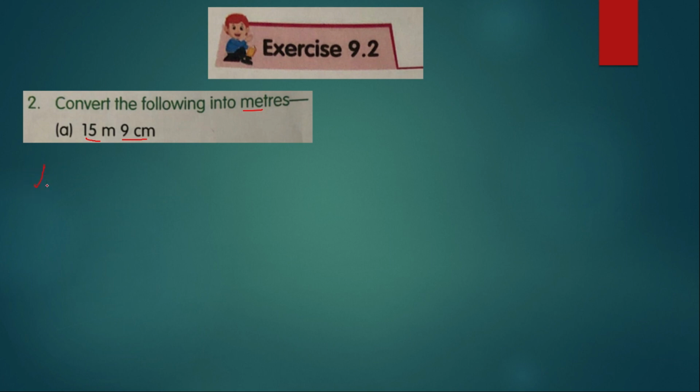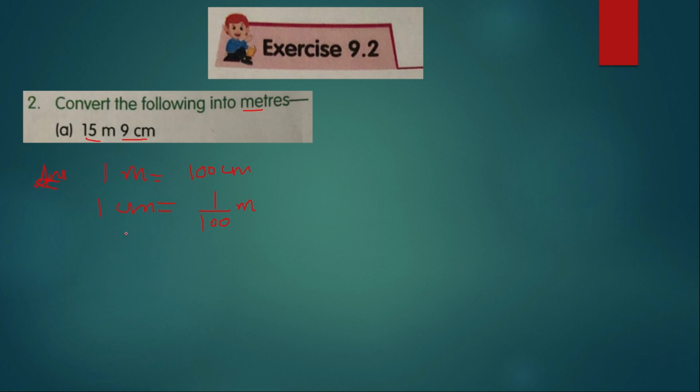So how will we do it? Well, first of all, let us see the relationship. If 1 meter is equal to 100 centimeter, then what is 1 centimeter equal to? If we convert into meters, it will be 1 upon 100 meters. We are just reversing it, because when we convert the bigger unit to the smaller unit, we simply multiply. So 1 multiplied by 100 will be 100 centimeter. But when we convert the smaller unit to the bigger unit, we need to divide. So we are dividing 1 by 100. Whatever the relationship is, we just reverse it by dividing.